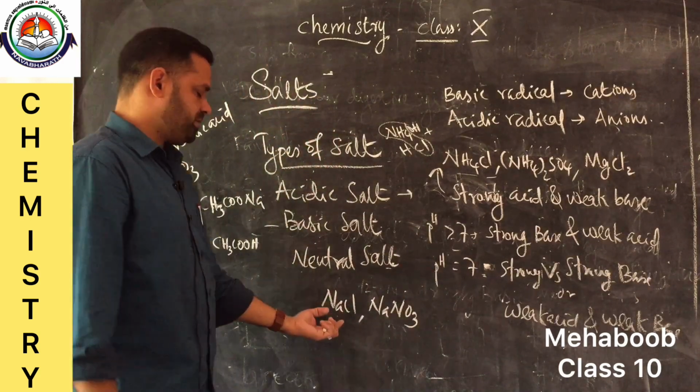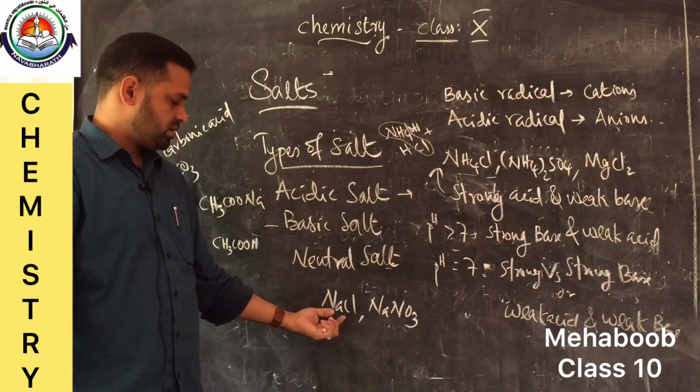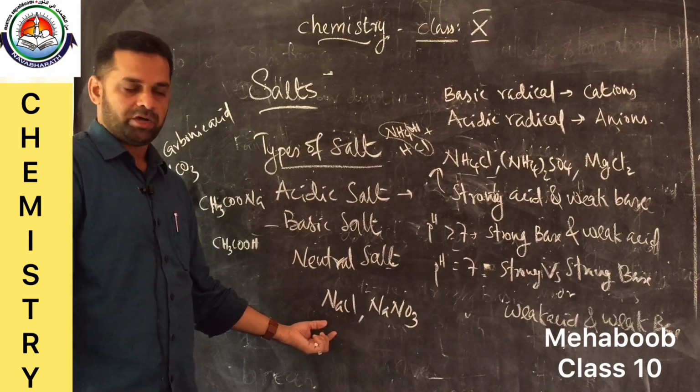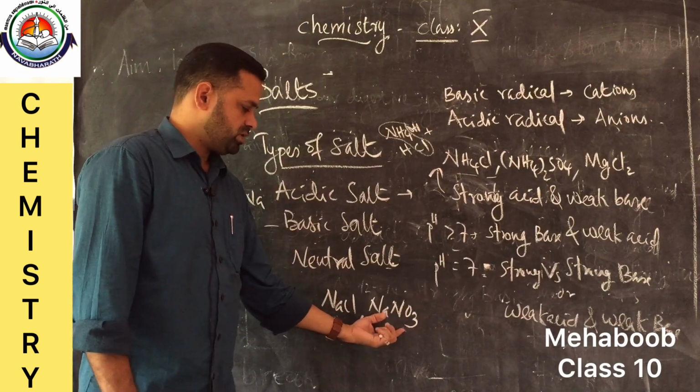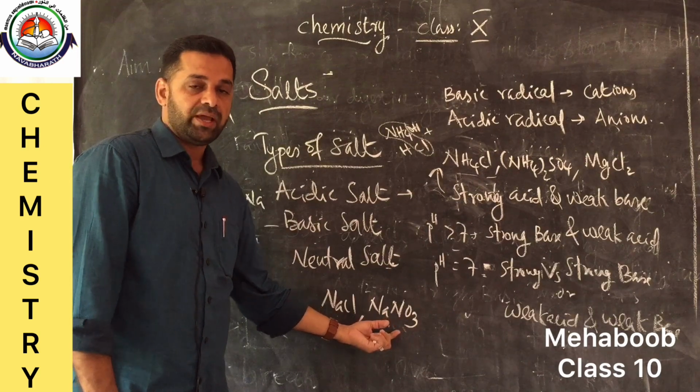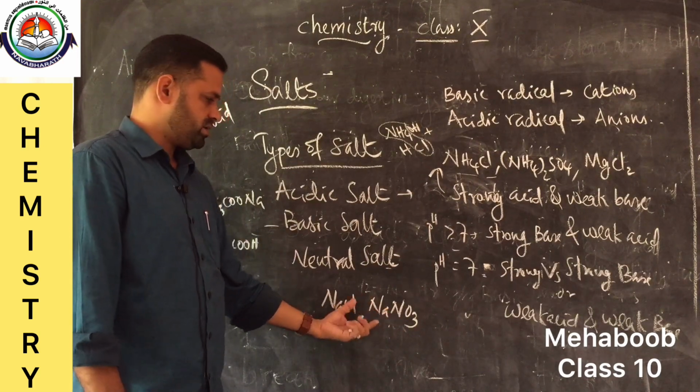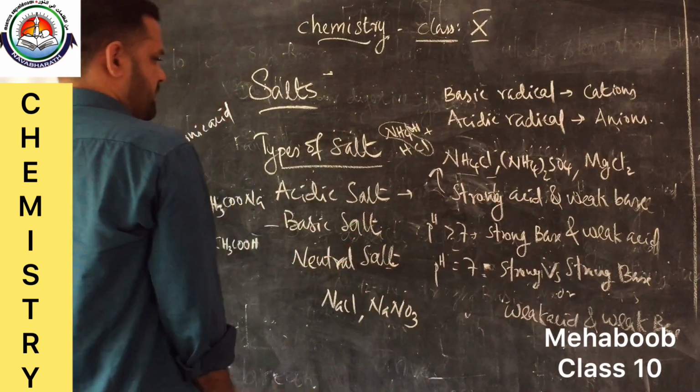See, NaCl is obtained from strong acid HCl and strong base NaOH, and here NaNO3, that is obtained from the strong acid HNO3 and sodium hydroxide, isn't it? And then a weak acid example,